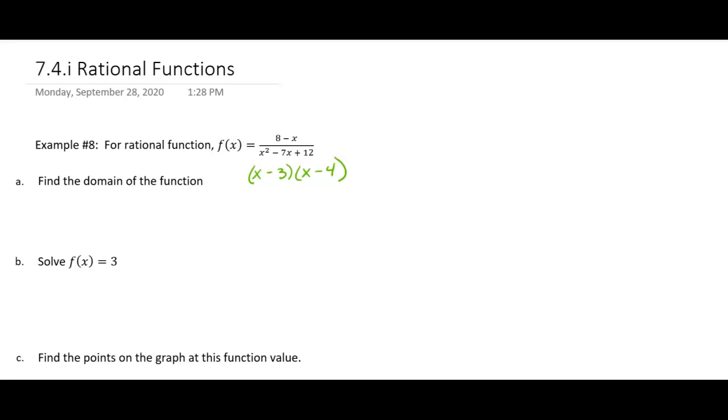Now, if you think back to what we were doing on the previous problems, that means that x cannot be 3 and x cannot be 4. So if we're writing the domain, there's two ways we could write it. We could write it with set notation. It's a set of x such that x is not 3 and x is not 4. Or you can do interval notation,